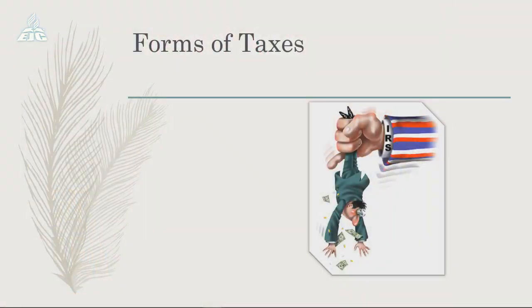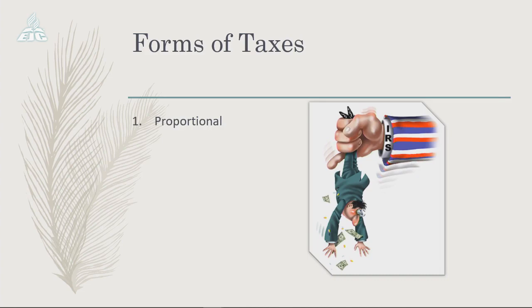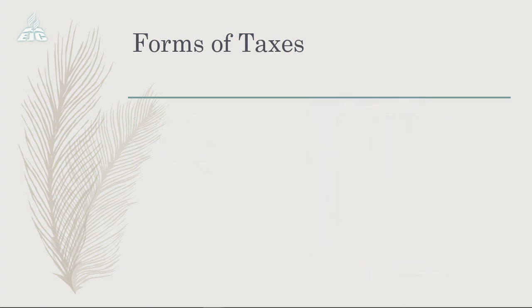There are different forms now of taxes. So of course, we would have returned our taxes to the government and would have given God what He says. But now I'm going to highlight to you the forms of taxes that there are. There are 3 forms of taxes: the proportional, the progressive, and the regressive. Those are the 3 forms of taxes, and I'm going to be doing them one at a time with you. So the proportional tax.